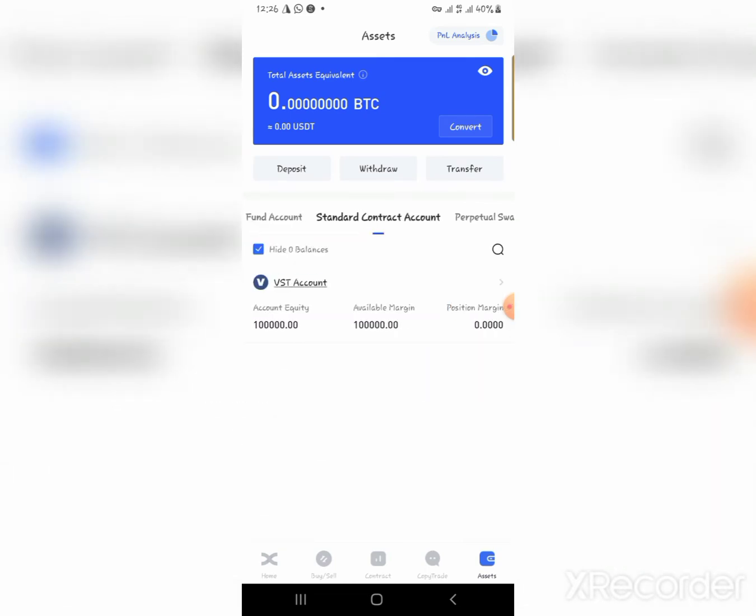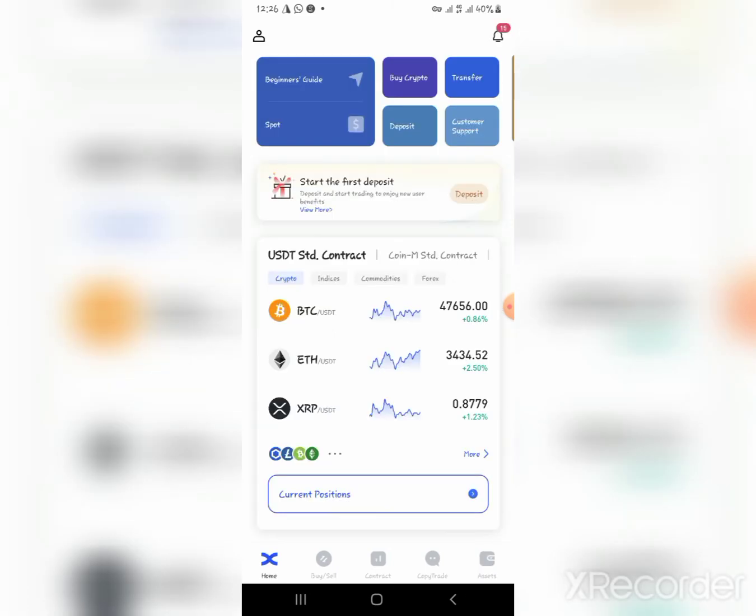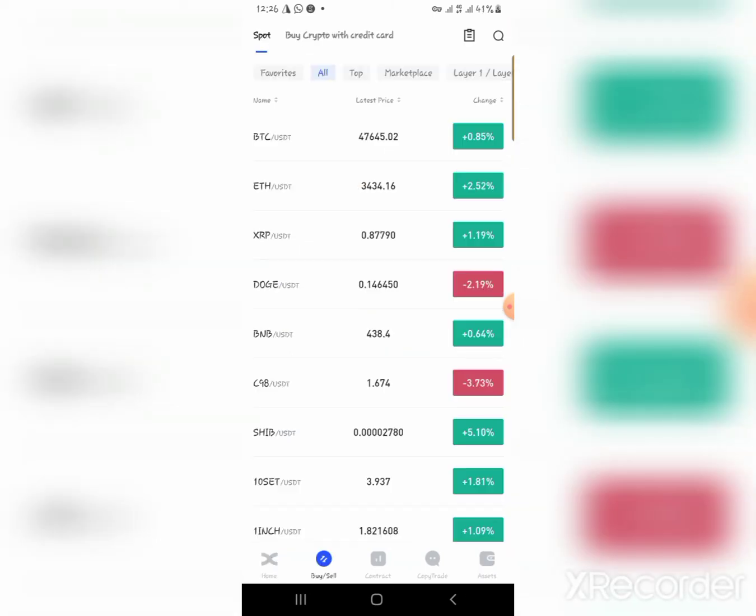Now this standard contract account is where we can trade spot, we can trade futures and all of those things. So let me just go back to the home here and explain gradually. So buy and sell here is where you can trade spot, basically spot trading. So if I click on